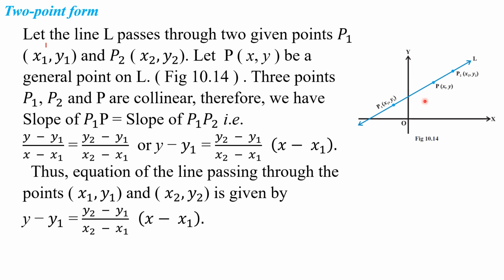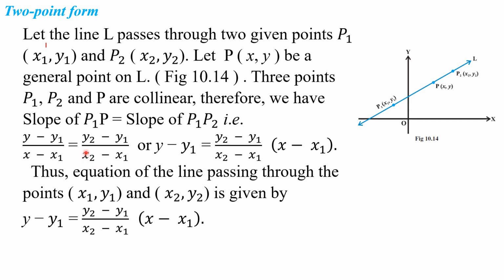As we have taken a point on the line, here also let us assume an arbitrary point P x comma y on this line L. Then these 3 points are collinear. Yes or no, my children? All these points are lying on the same line. Therefore, we have slope of P1P is equal to slope of P1P2. Okay, my children? We can write slope of P1P is equal to slope of P1P2. Understood this point, my children? Since these 3 points are collinear,